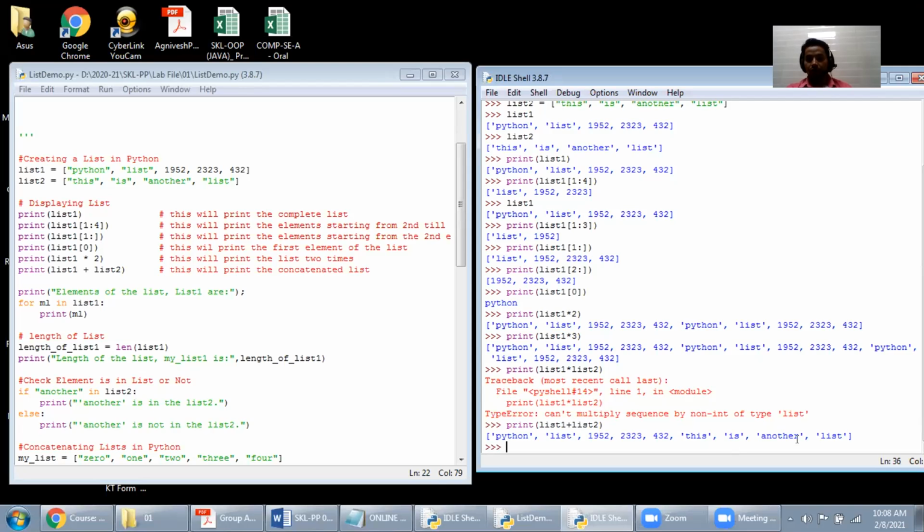So here we have understood how to display the complete list, a particular index, from a particular position to a particular position of the list, and from the starting position to the end of the list. And we have understood how to display the list any number of times, and how to add two lists. So here we have understood the second part. Third,